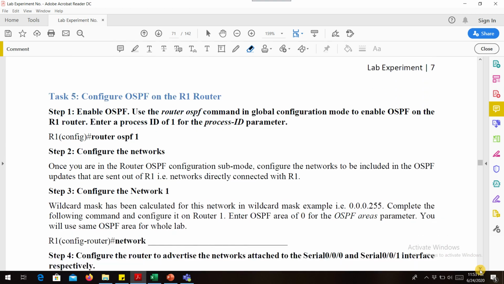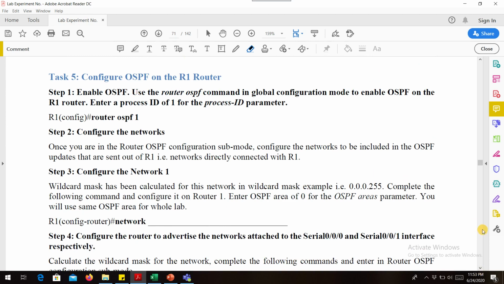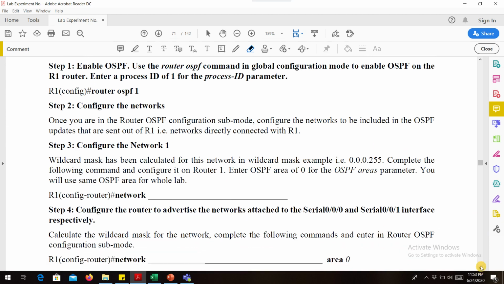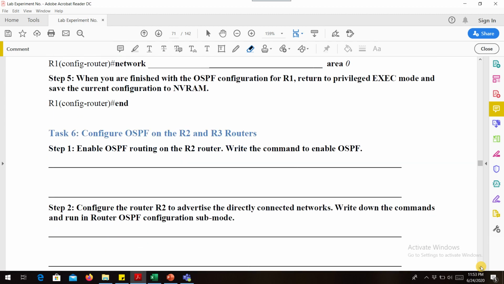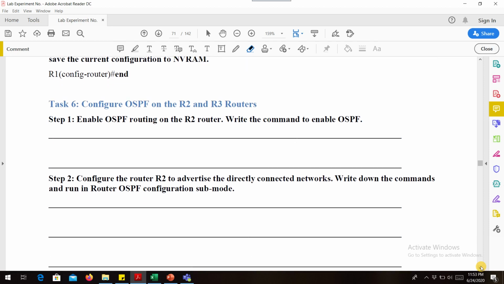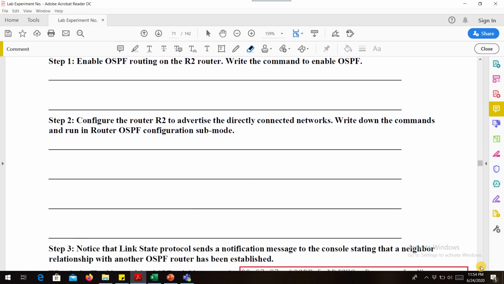Now, after configuring OSPF on router number 1, you have to configure it on router 2 and on router 3 as well. And once you have configured it on router 2 and 3, the router sends a notification to the console stating that a neighbor relationship with another OSPF router has been established.